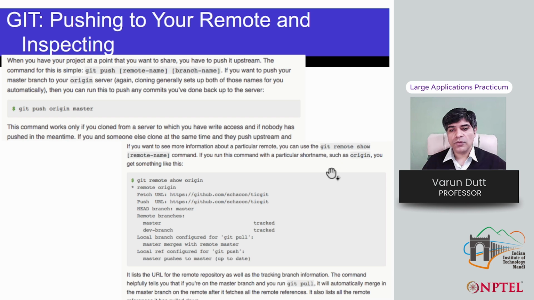So that is also possible to be done. In this case, you can actually see that we have a bunch of information on what it is tracking, and then it also shows the remote branches being tracked. We will be looking at these in more detail when we do branching and merging in the next lecture.